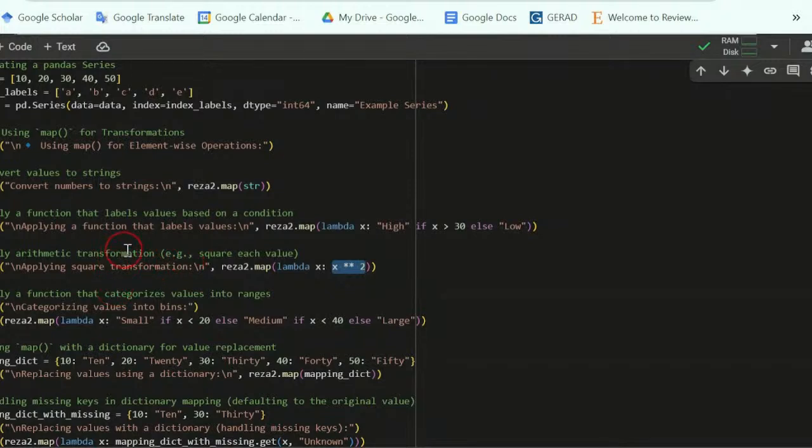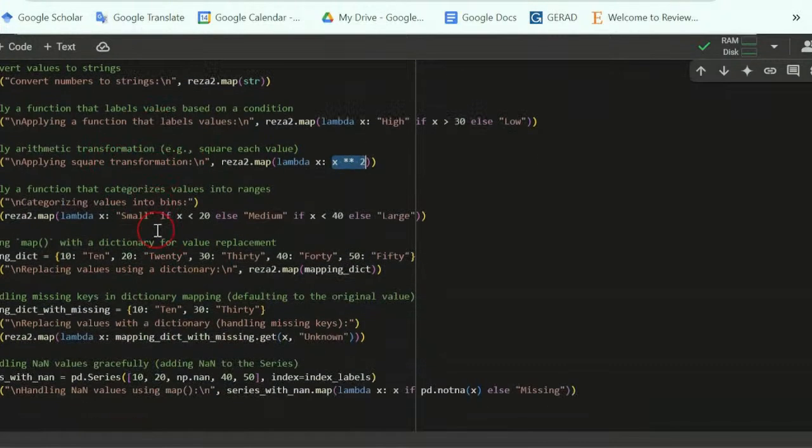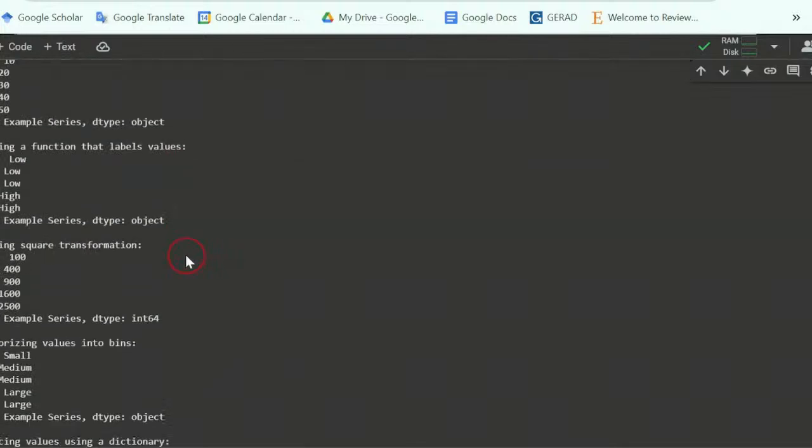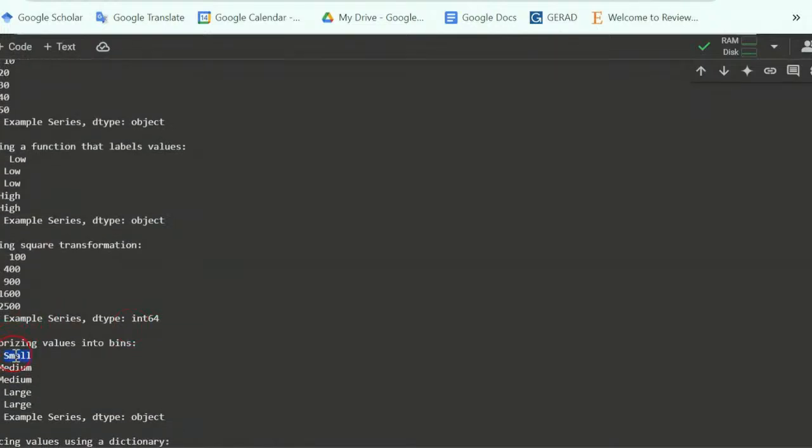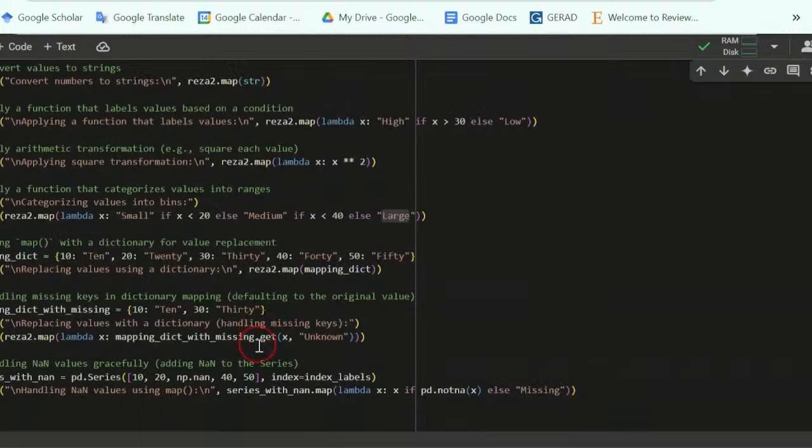And also, we can apply a function that categorizes values into ranges. For example, for my series Reza2, I use the map function to label it as small if the value is lower than 20, and if the value is lower than 40, I'm going to label it as medium. Otherwise, I'm going to label it as large. So we see that the first element is small because the first element is number 10. The second and third elements that are 20 and 30 are labeled medium, and the last two elements are labeled